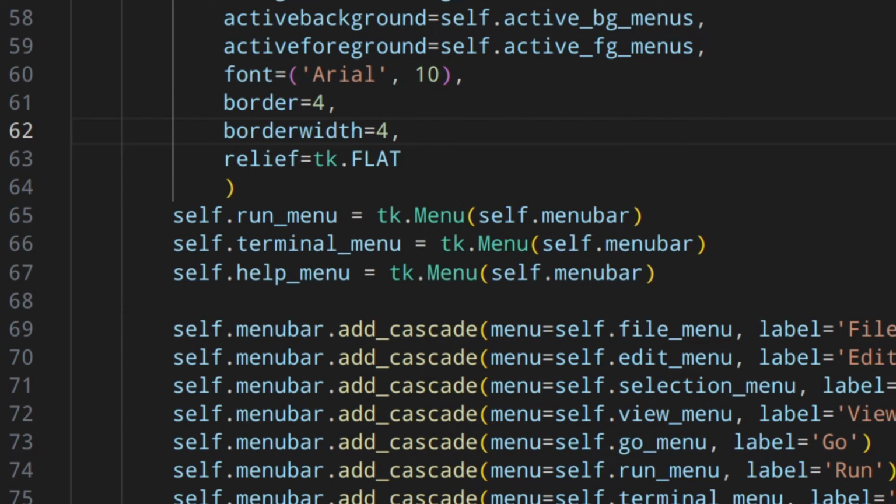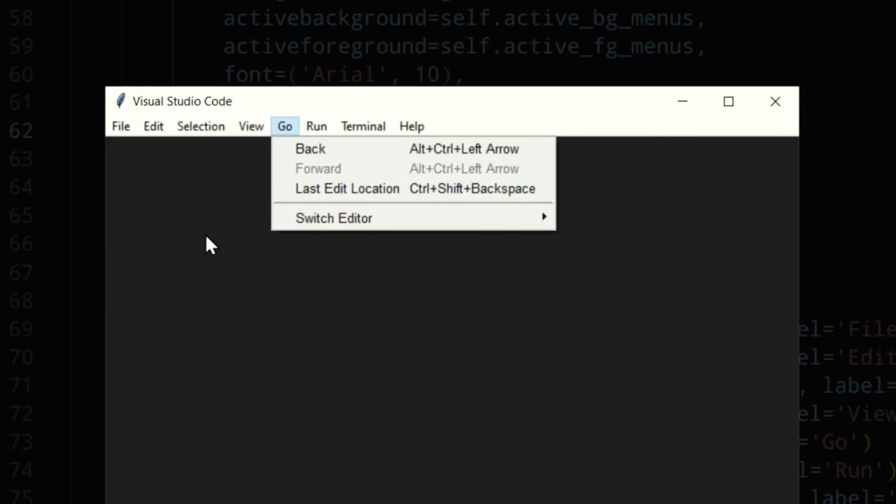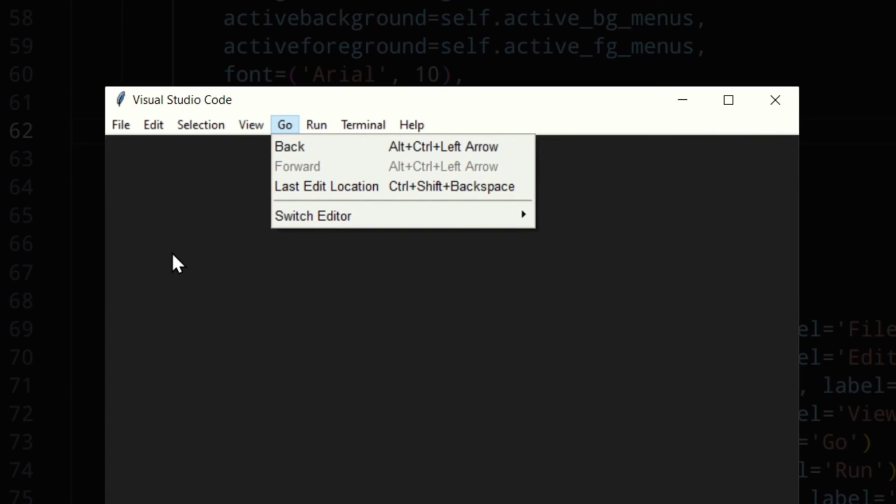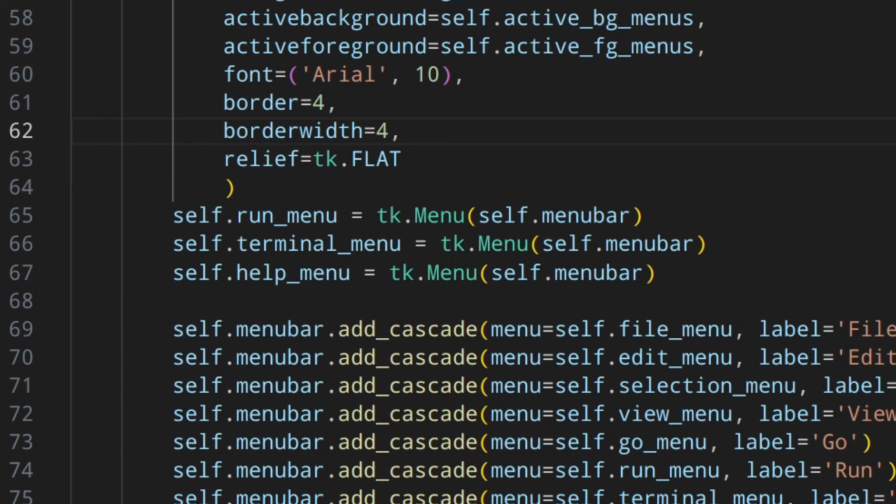On Windows though, border and border width work in a really weird way. Basically, the more you increase the border or the border width, the less padding you have on the left. I don't know why, but it just works like that. So I'm going to show you a few clips and tell you the border and the border width so you can actually see what I'm talking about. Now I'm using border 0, as you can see on the screen. Now border 5, 10, 15, 20, 25, and 30. I think that 25 and 30 are sort of the same, but I just wanted to show you all of them. So did you actually see the difference?